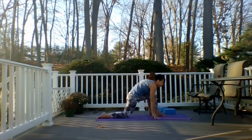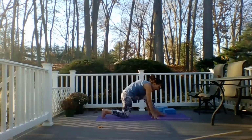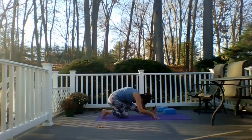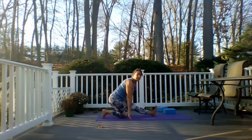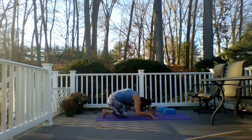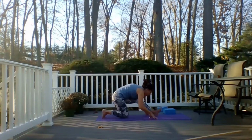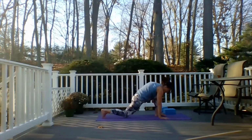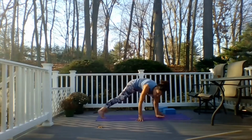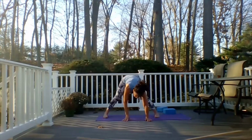Exhale, place the hands down, toes curl under the back leg, shift the weight back, flex that front foot. Hands could be on the blocks here to give you more access to this pose. Inhale, walk the hands out, bring it back into that low lunge, walk the hands forward, parallel the feet out in front,